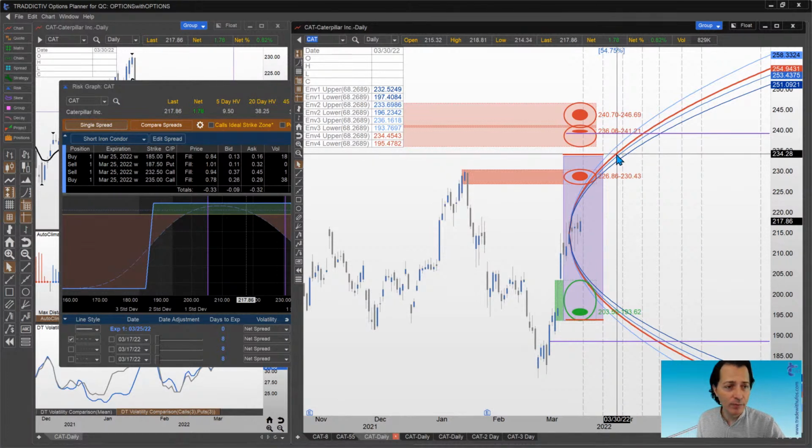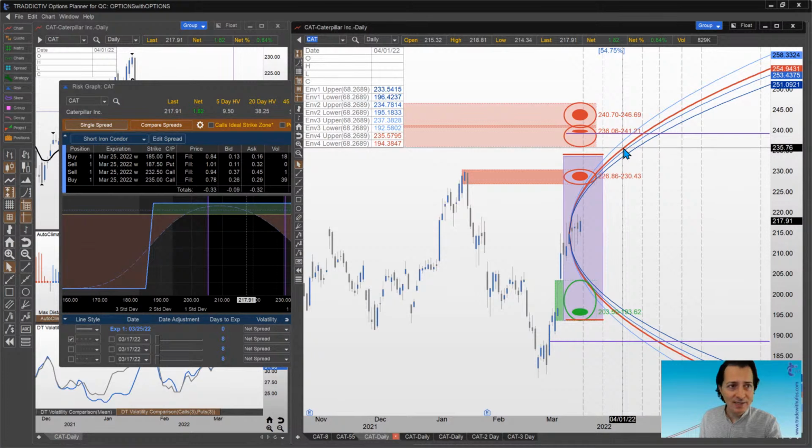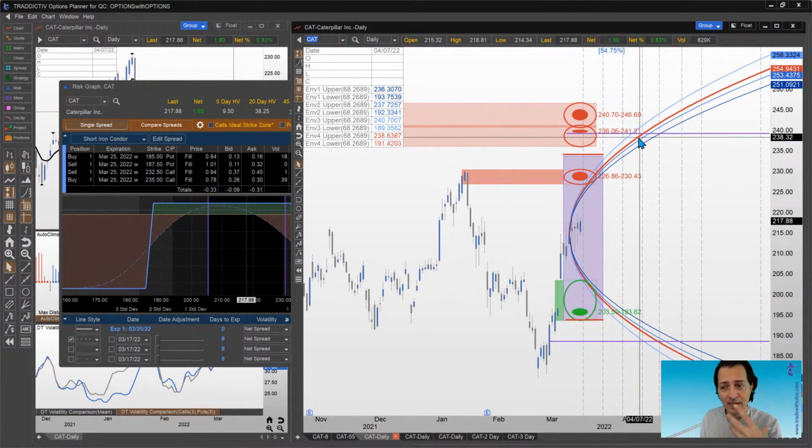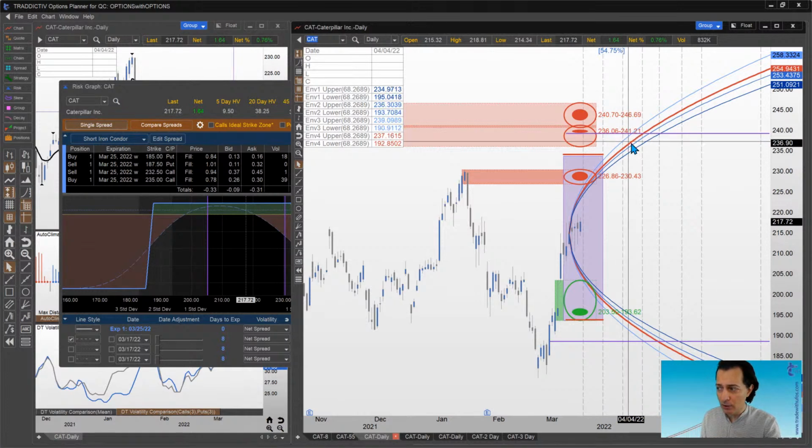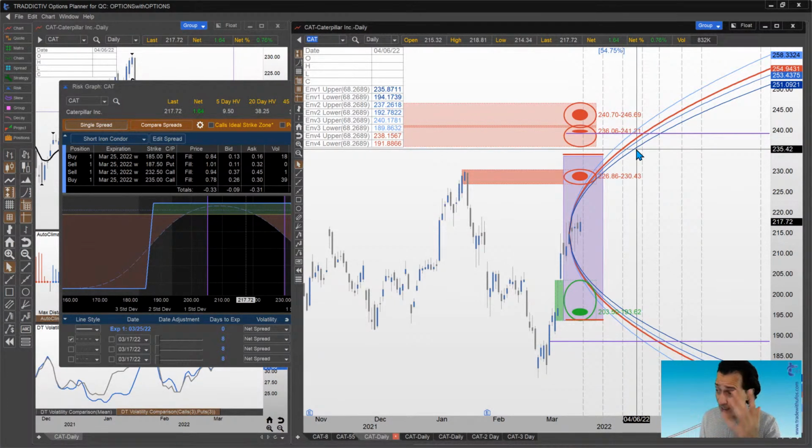And remember, the blue lines represent the historic volatility of that stock, where the red line represents the implied volatility. So when the implied volatility, the red line, is beyond the blue lines, it means that the options prices have an implied volatility built in, which is expecting the price movement of the underlying to be greater than what the underlying has been proven capable of doing in the last 1 month, 2 months, and 3 months, which is